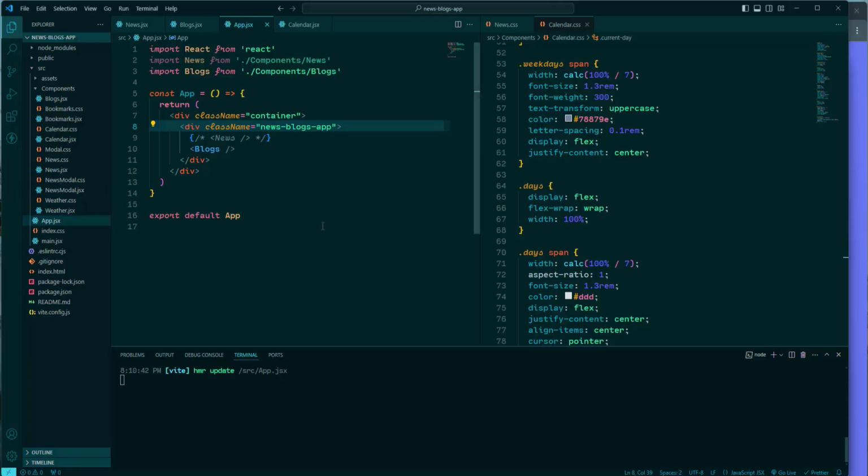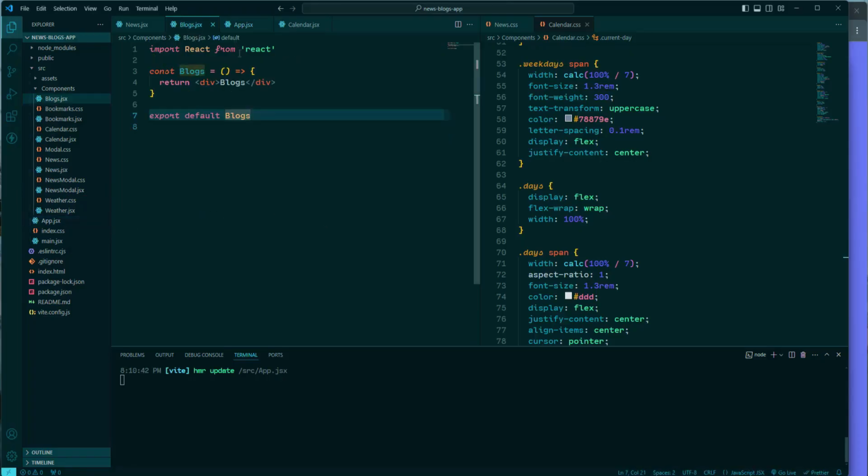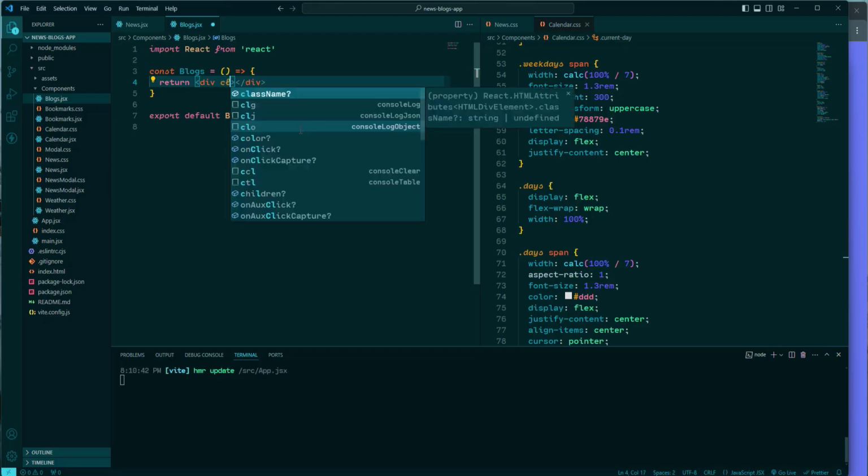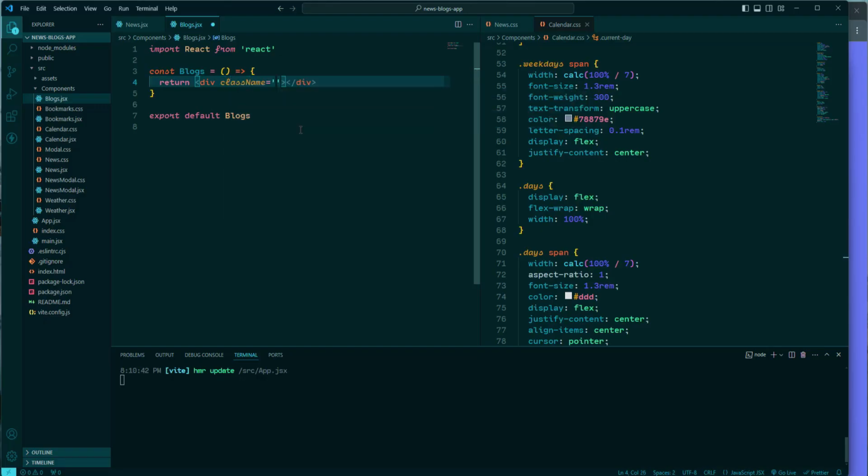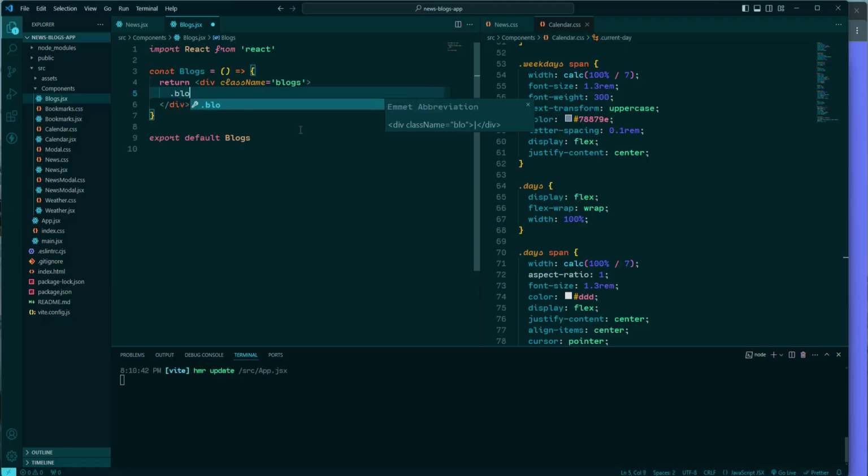Okay, so as I said, now we have just the dark background, and I'm going to create the JSX and then customize these elements in the Blogs.jsx file. So let's close those files. I'm going to get rid of this text from here. Let's add the class name to the first div inside this functional component. So we need here blogs. Then I'm going to open another div. It's going to be blogs-left,